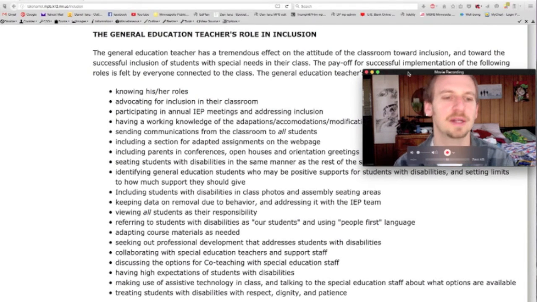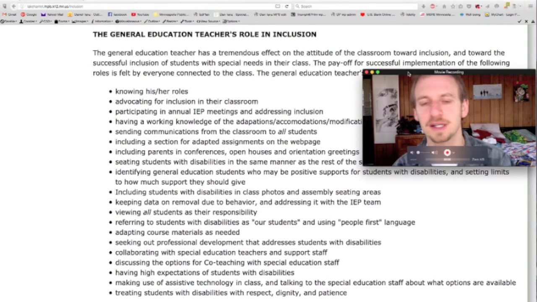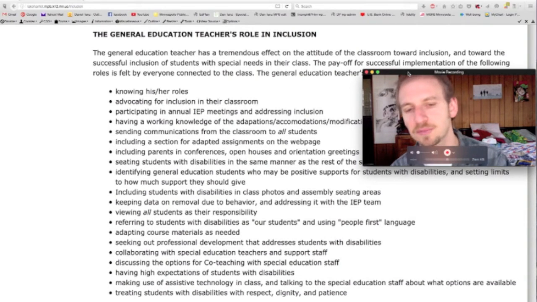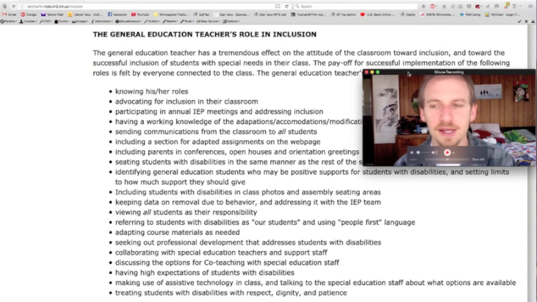Anyway, we'll move on. It's the general education teacher's role to adapt course materials as needed. Yes, that's also the special education teacher's role, but it can be your role. And imagine how much more inclusive it would be if it was your role also. Do your best. It doesn't have to be perfect, but if there are adaptations on the individual education programs, make an effort.